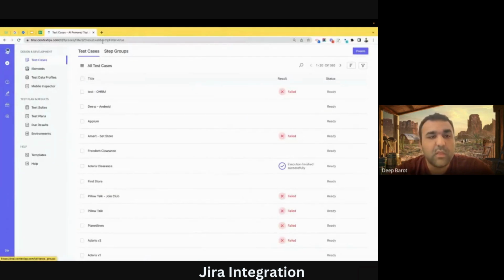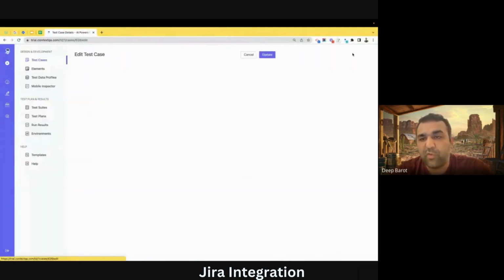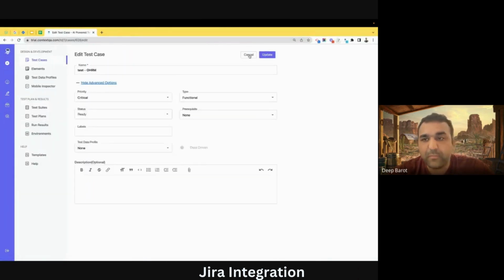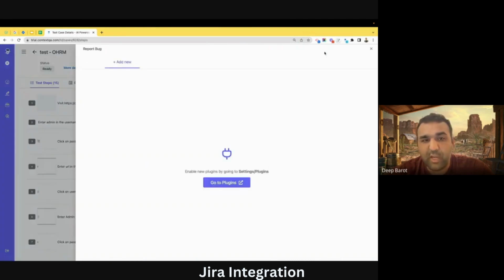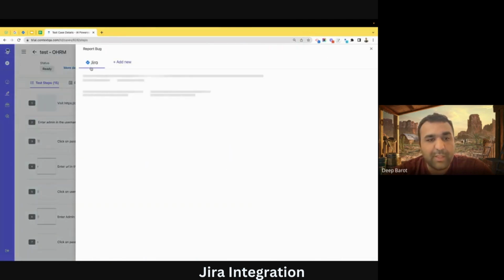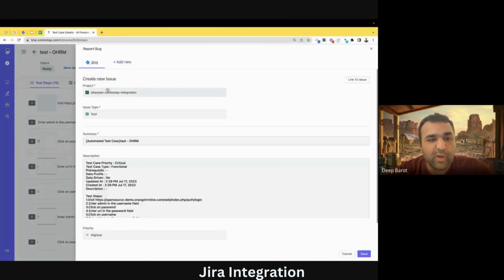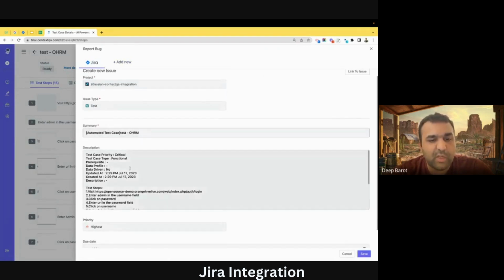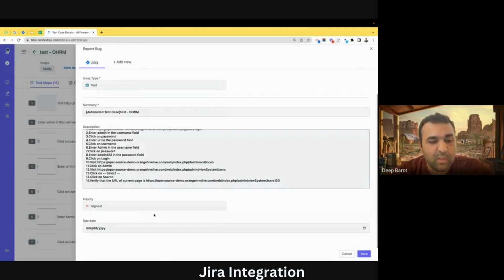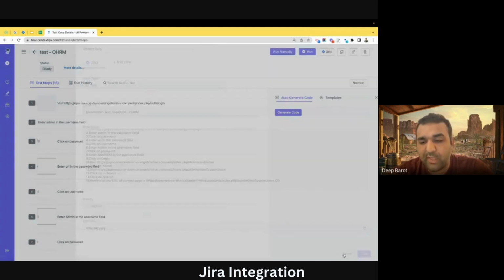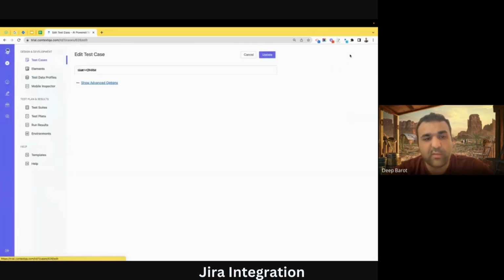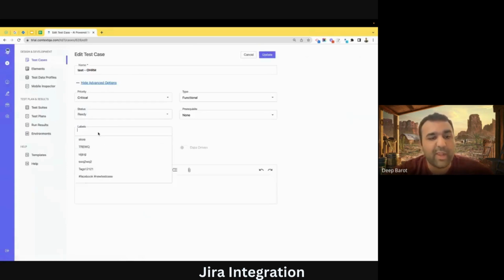So yes, let's create a ticket in Jira. If you go here and say, okay, this is a test HRM, so click on Jira. It will show up like this, where you are creating a test for a specific project, and it already writes all the steps for you. So let's say it is login related, because labels are very important for us. To add a label,